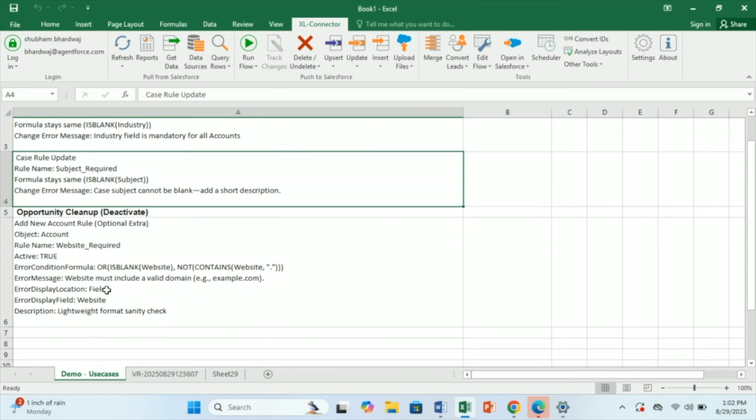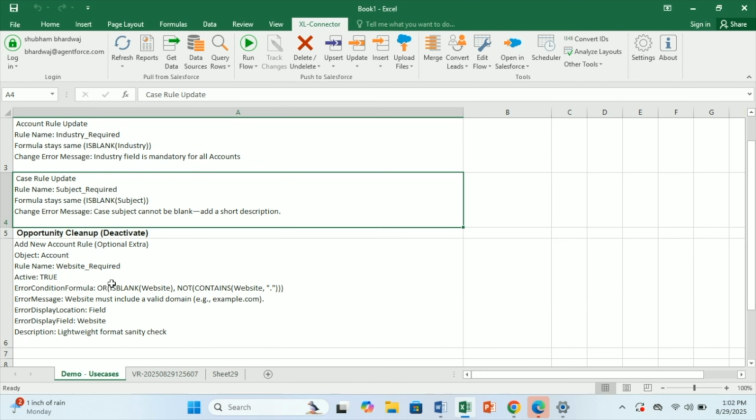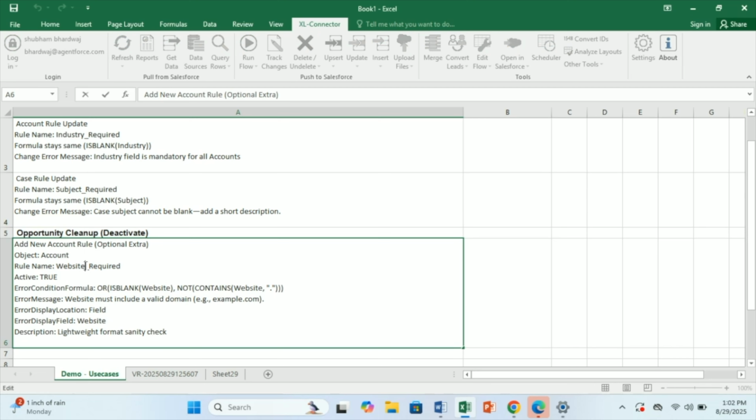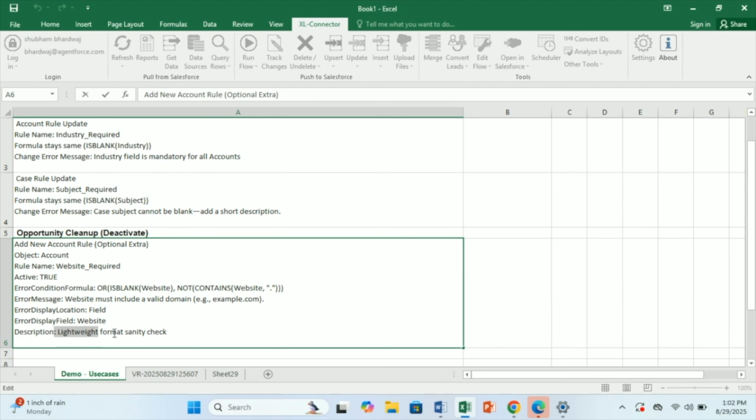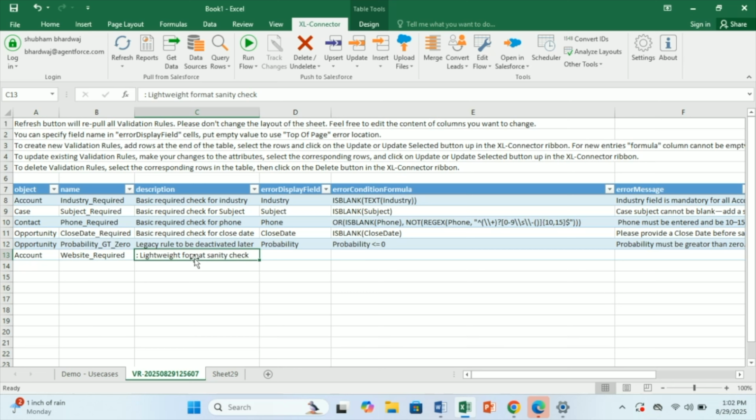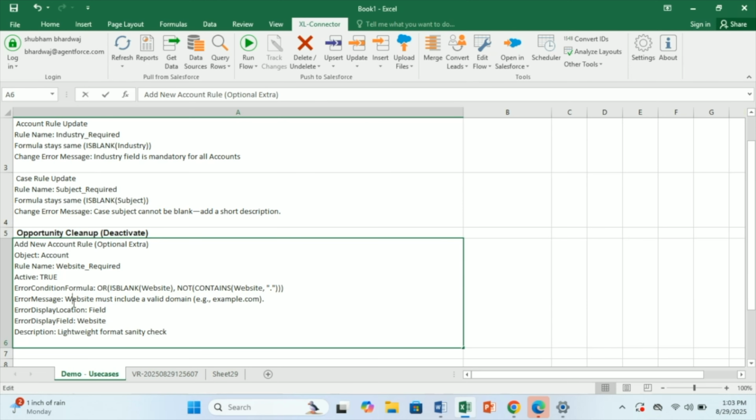Now here is one more PBI that I can see. You need to add another validation rule, and that is called website required. So website required is the rule name. So let me just copy it. And so first of all, I need to define on which object it is, then simply paste. That is website required. Then description, so lightweight sanity check, control C. Then I need to define on which field. So I need to display this on website field. The error message,